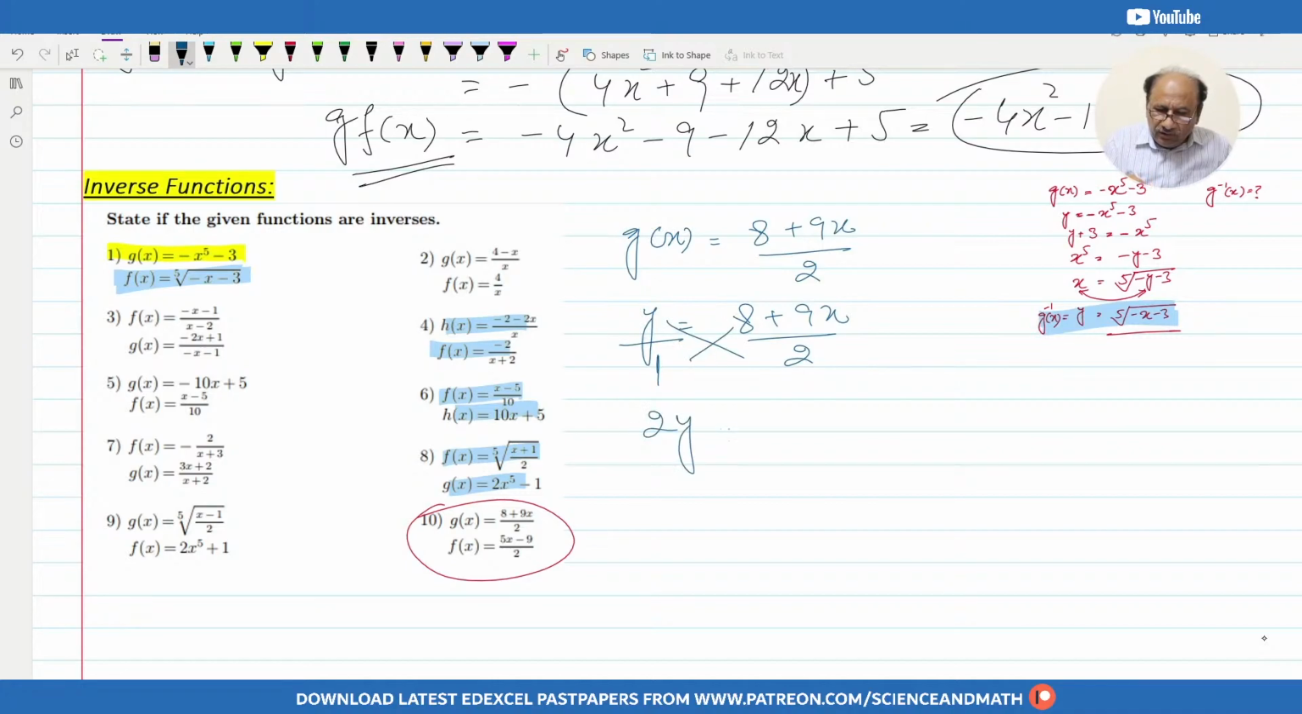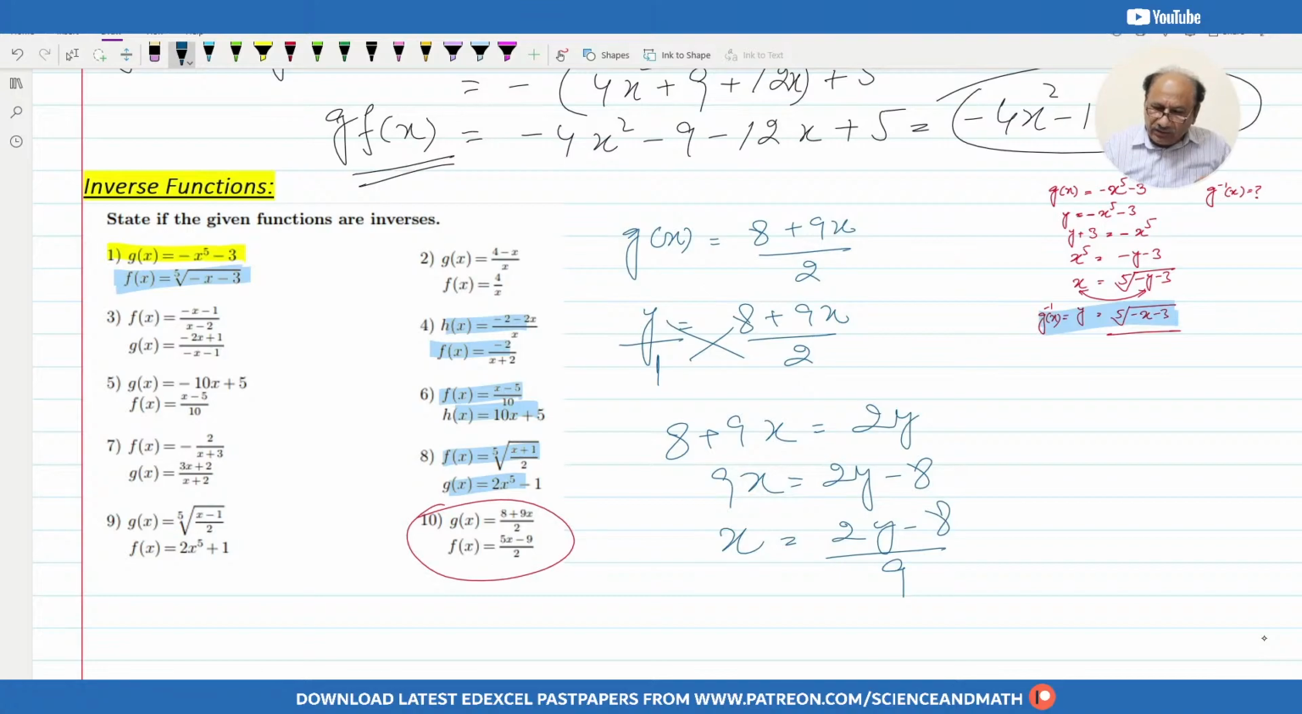So 2y is equal to 8 plus 9x, and now we can shift 8 to the other side. So 9x is equal to 2y minus 8, and x will be equal to 2y minus 8 over 9. And now we can swap x and y. So y will be equal to